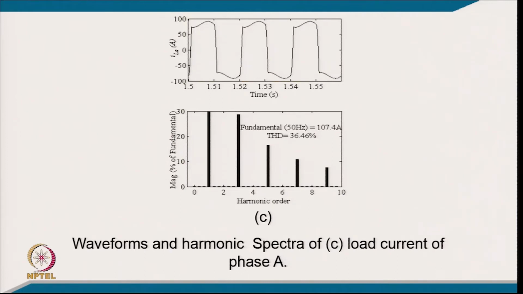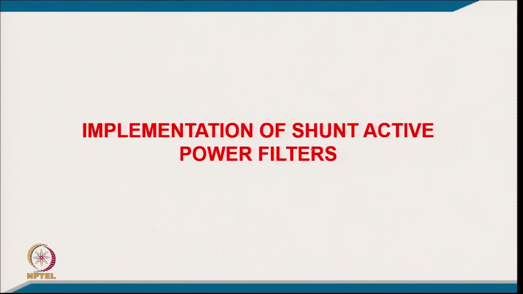However, the load current THD of the single phase was 36.46%. So we are able to reduce it from 36.46% to hardly less than 3%, or less than 5%, which is the standard. Coming to the implementation of the shunt active filter, many of our own research group students have implemented it